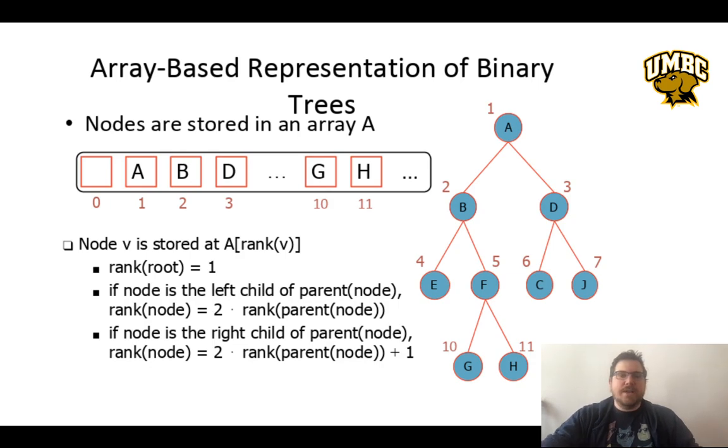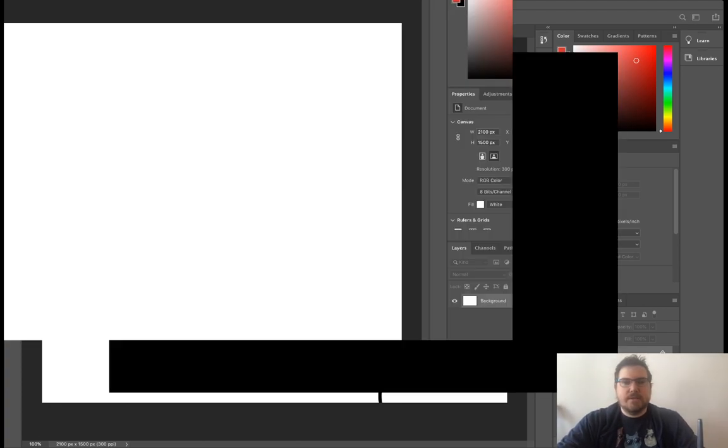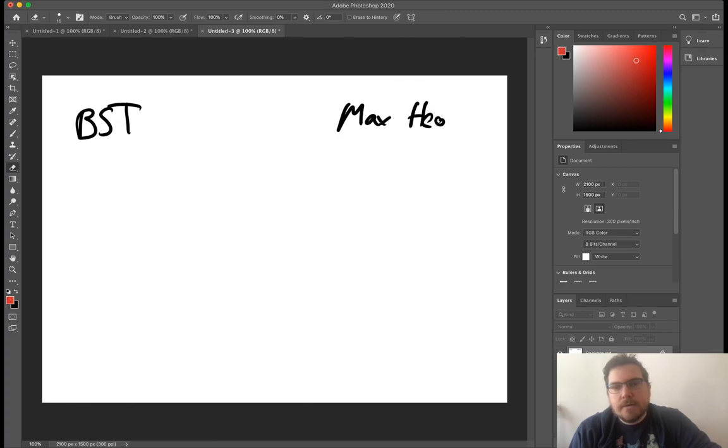So yeah. So why do we use an array? Back to Photoshop. So we're back in Photoshop. I'm gonna grab a new thing. So let's draw a binary search tree on the left-hand side. And let's draw a max heap on the right-hand side. Okay, and we'll put the values